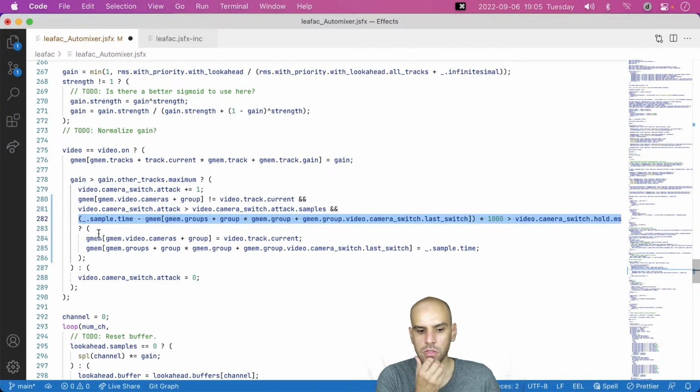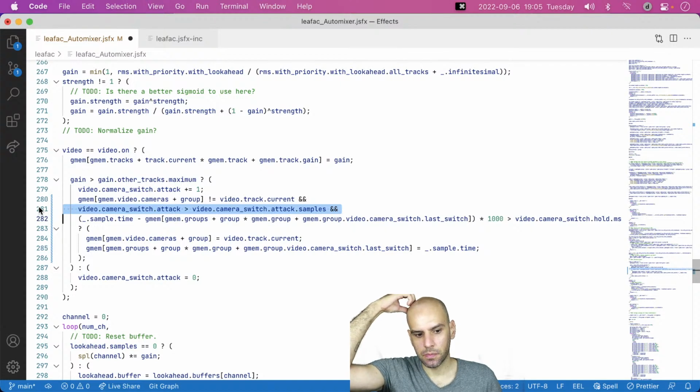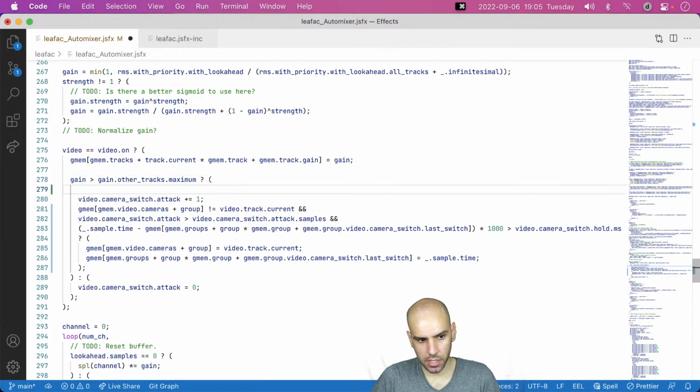Okay, all of that sounds reasonable to me, but there is still the issue of this. This is resetting the attack anytime that this condition doesn't hold. But really, we should only be looking at that before we reset the attack. So I'm going to have a variable called video. And I think we had this variable at some point yesterday, but it is like